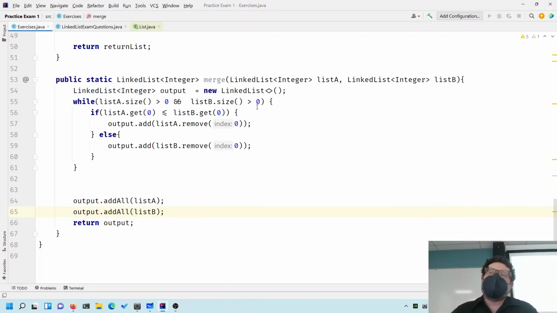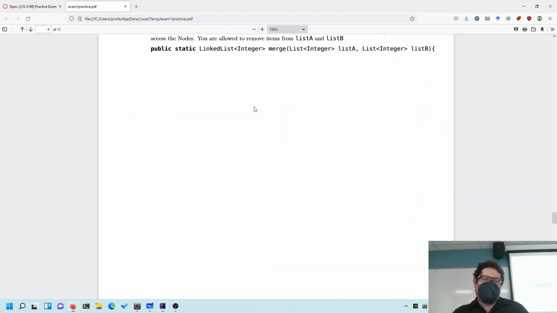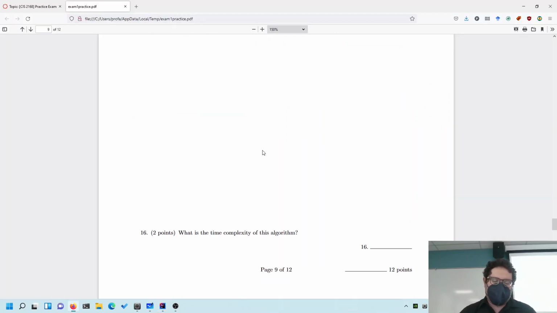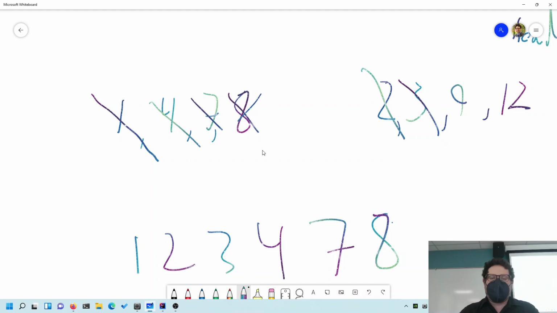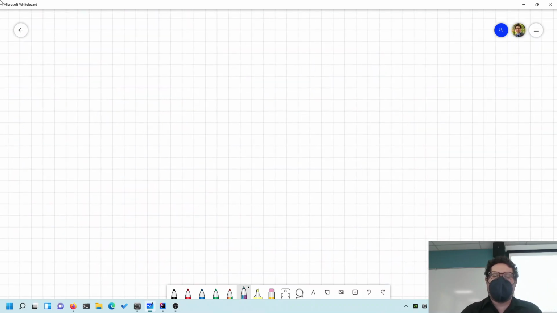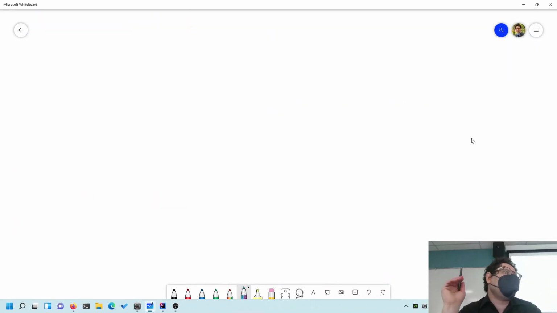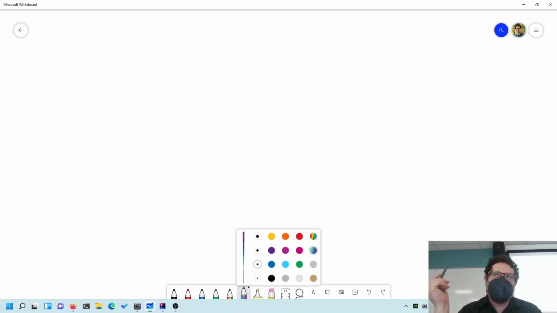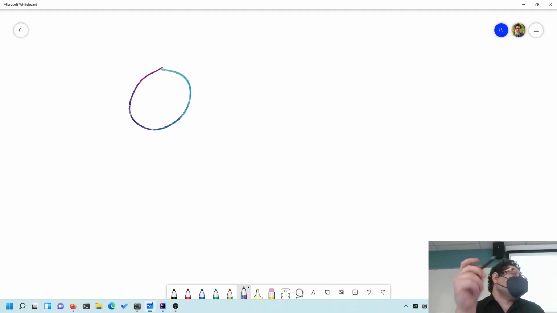If we assume list A and list B are the same size, both n, then it would take O of n time. However, if list A and list B are different sizes, say list A is much, much bigger than list B, but not necessarily insignificant, then we need to take that into account, or we don't know which one it is. So we would say,